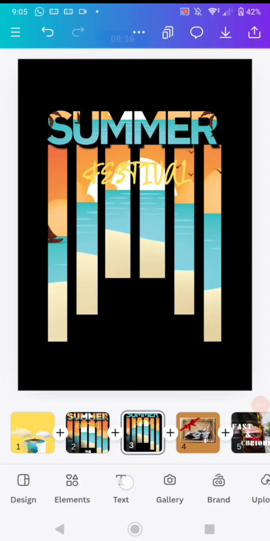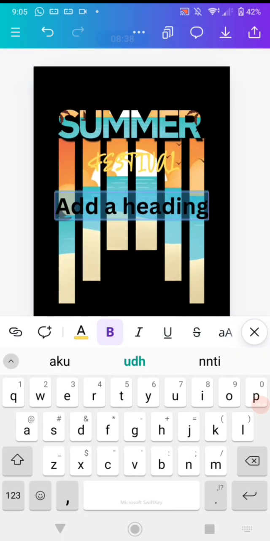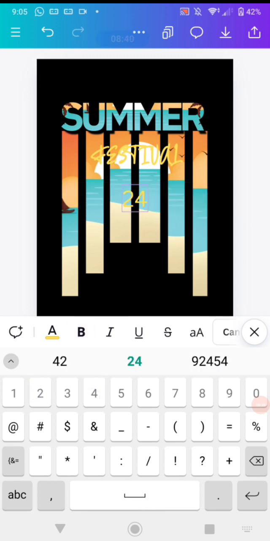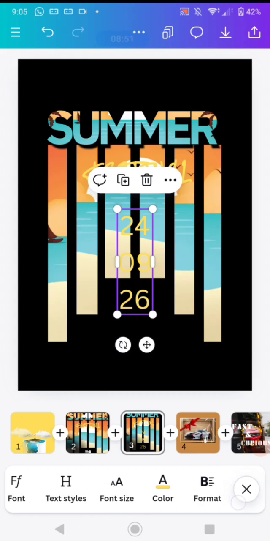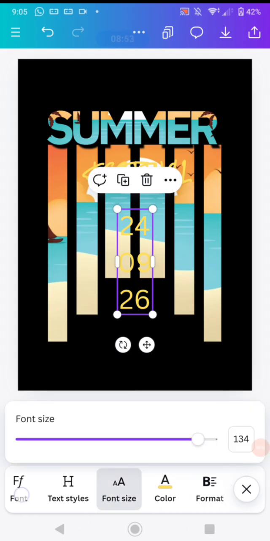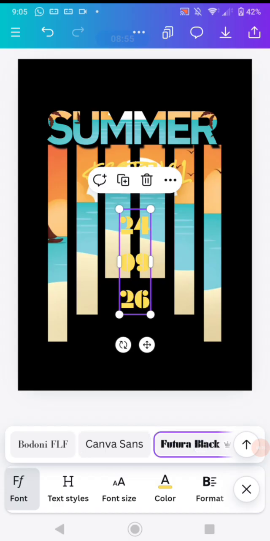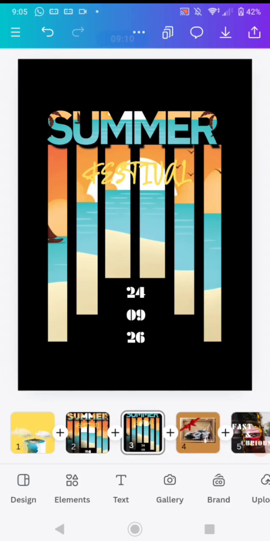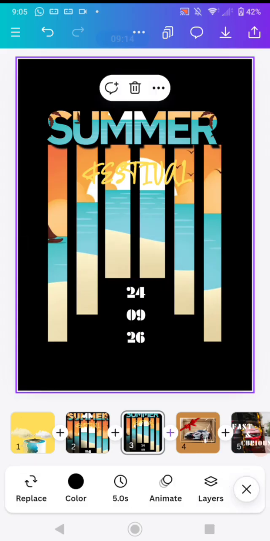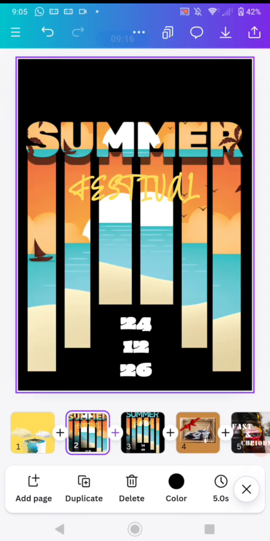After that you can add a text one more time, and for example I will add a date, month and year like this, and click it, and change the font of this text. I think I will use this Futura Black, this one. So this is the result that you got, and that's the way to make a poster like this